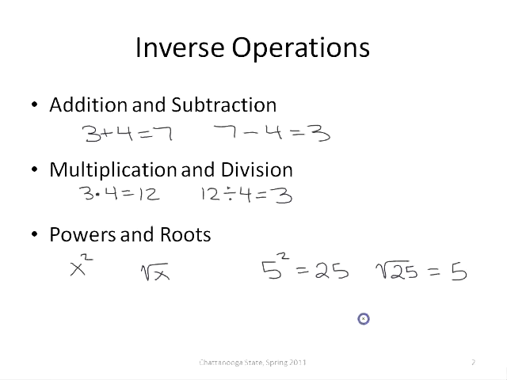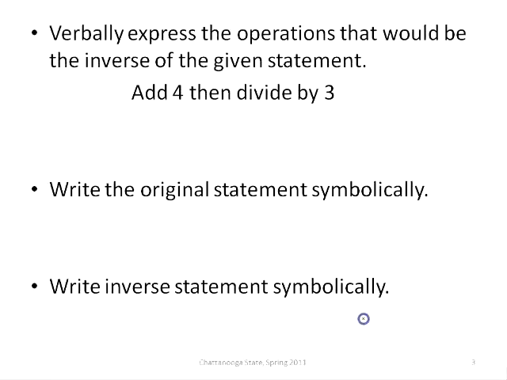We're going to be looking at how to undo combinations of inverse operations. So let's look at this statement: add 4, then divide by 3. Think about this as wrapping and unwrapping a present. If in the process of wrapping a present, you add 4 as one step, and your next step is dividing by 3, and then you think about unwrapping the present, the first part that you would